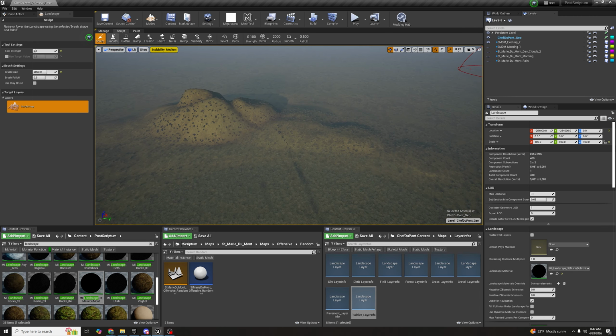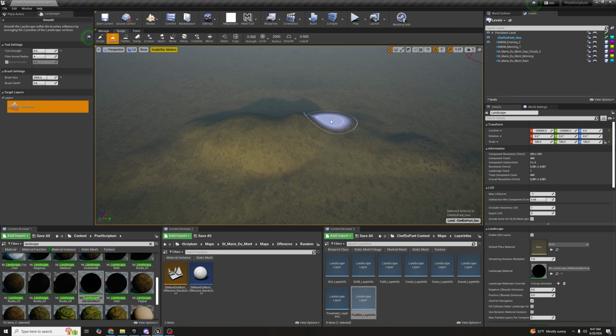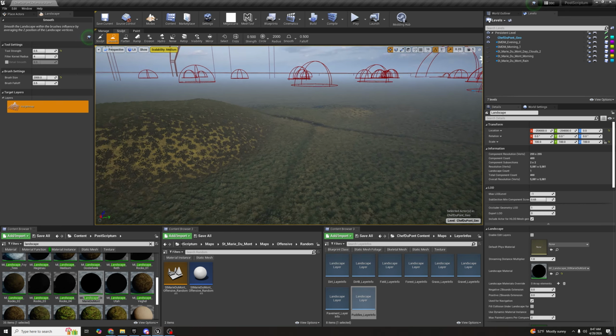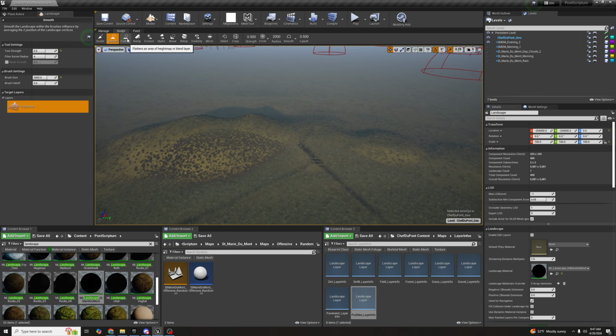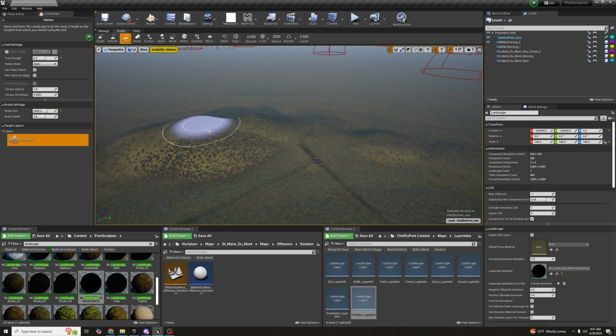If I really want to smooth it, I can increase the strength of my tool. Now it's going to smooth it more harshly. We can also do flatten, where when I do flatten, I like to set strength to 1. So if I'm flattening it, I'm really flattening it. But